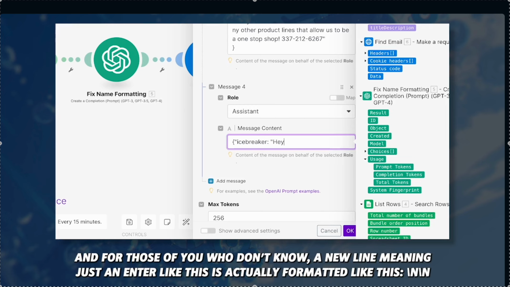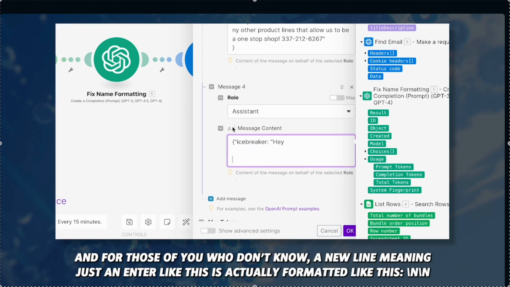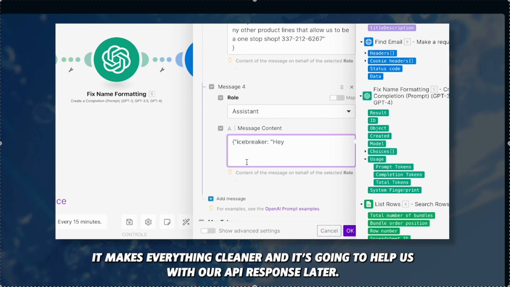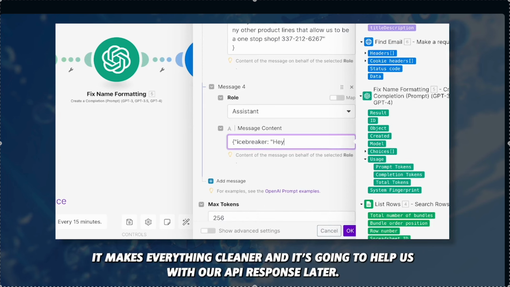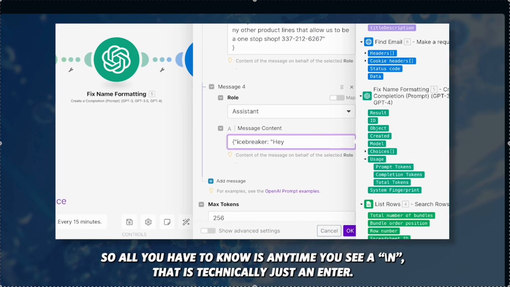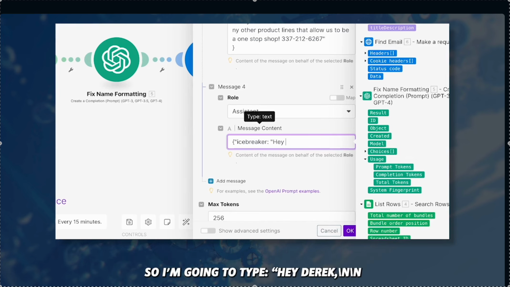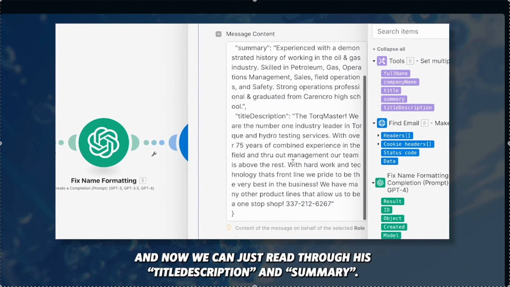So we'll put icebreaker, and I'll write hey. And for those of you who don't know, a new line, meaning just an enter like this, is actually formatted like this, /n/n. So that's how we're going to be doing this. It makes everything cleaner, and it's going to help us with our API response later. So all you have to know is anytime you see a /n, that is technically just an enter. So I'm going to type, "Hey Derek," and then /n/n,